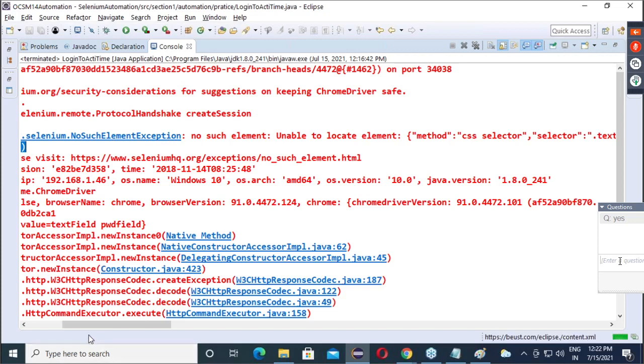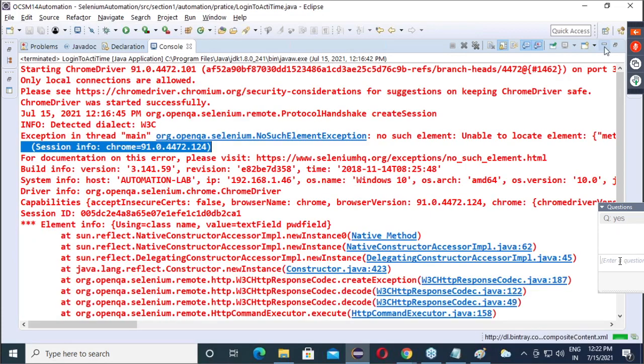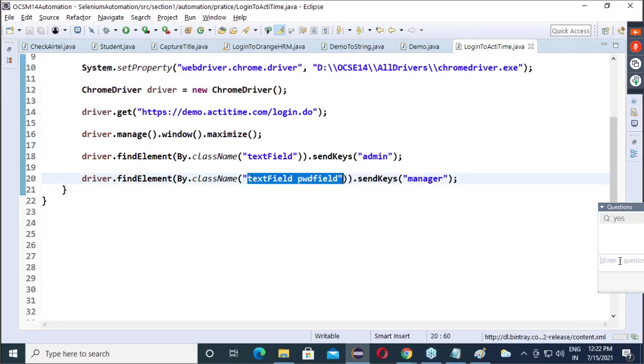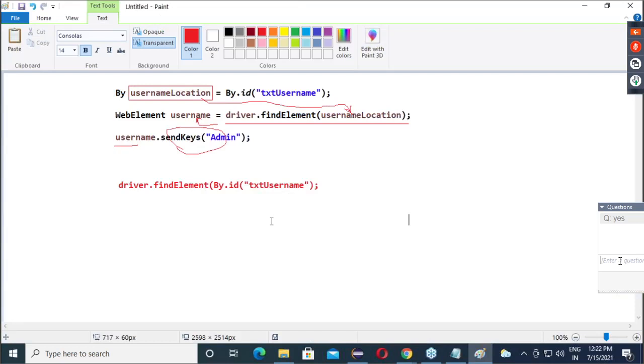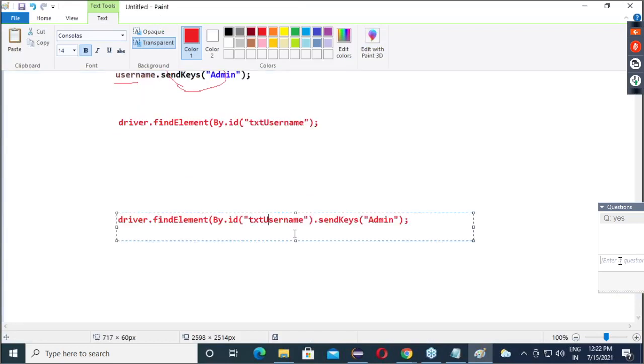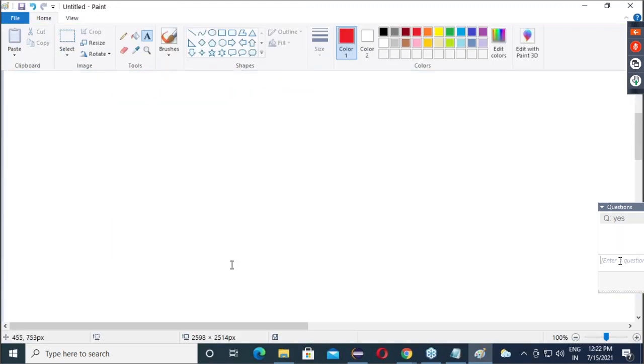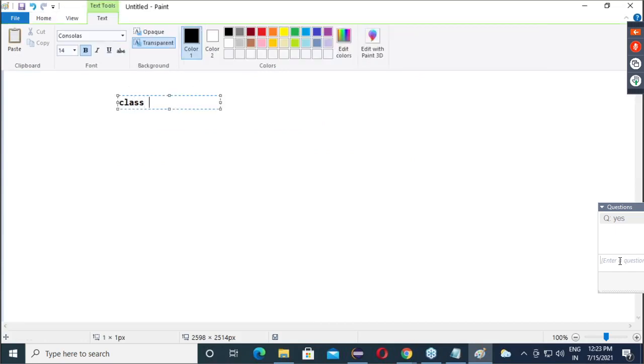Okay. Now guys, try to understand the class attribute value. Go to the paint. Observe this. Guys, can I say we will have a class value something like this? Yes or no?